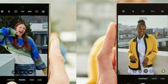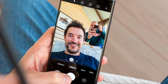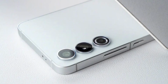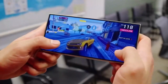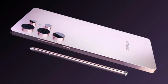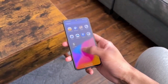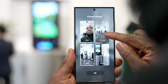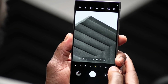making drastic changes. If these rumored improvements actually make it to the final product, they can bring back excitement among longtime Samsung users who have been hoping for a major leap in camera performance. However, since the Galaxy S26 Ultra is still about a year away from launch, it's important to take these leaks with some skepticism. Smartphone designs and features often change during development, and nothing is confirmed until Samsung officially unveils the device. Some leaks may turn out to be exaggerated or completely inaccurate, while others might give us an early look at what to expect. If these camera upgrades do happen, the Galaxy S26 Ultra could set a new standard for